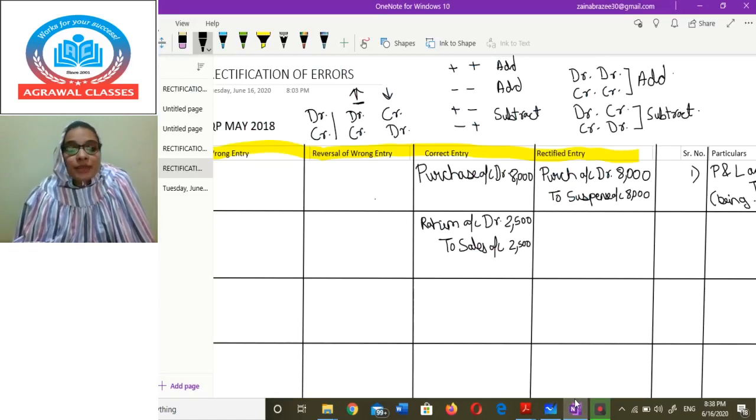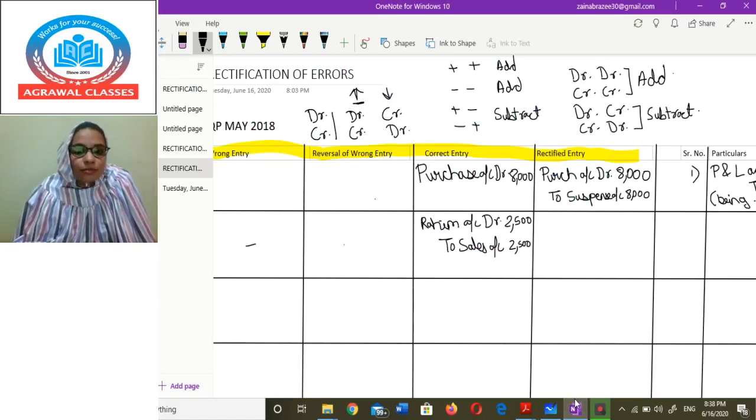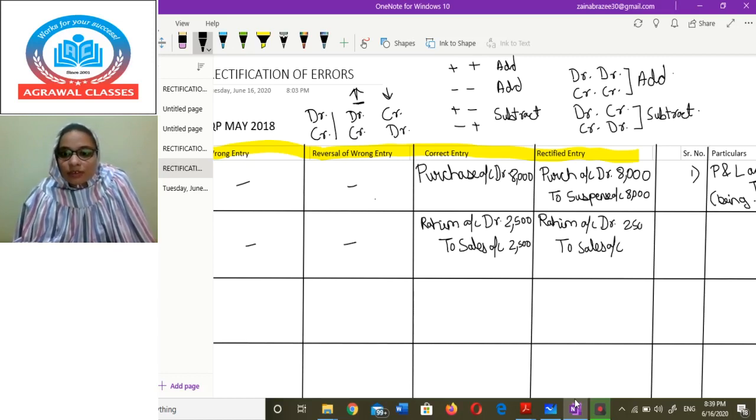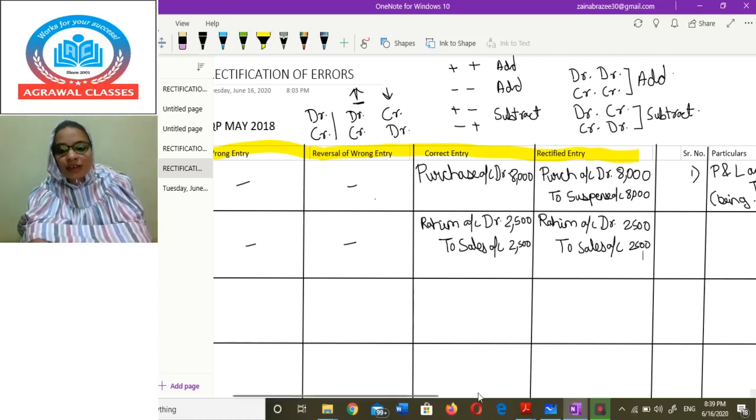Again, see in this question, there is no wrong entry there, so we will not reverse the wrong entry. ये पार्ट का जरूरत ही नहीं पड़ा. अच्छा, अब सेम हमारा रेक्टिफाइड में आ जाएगा रहीम अकाउंट डेबिट टू सेल्स अकाउंट 2500. And when you write the final solution,